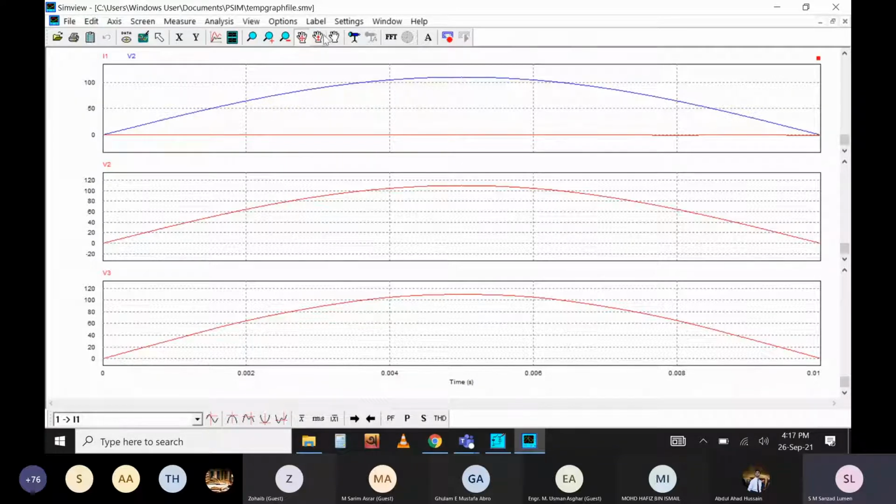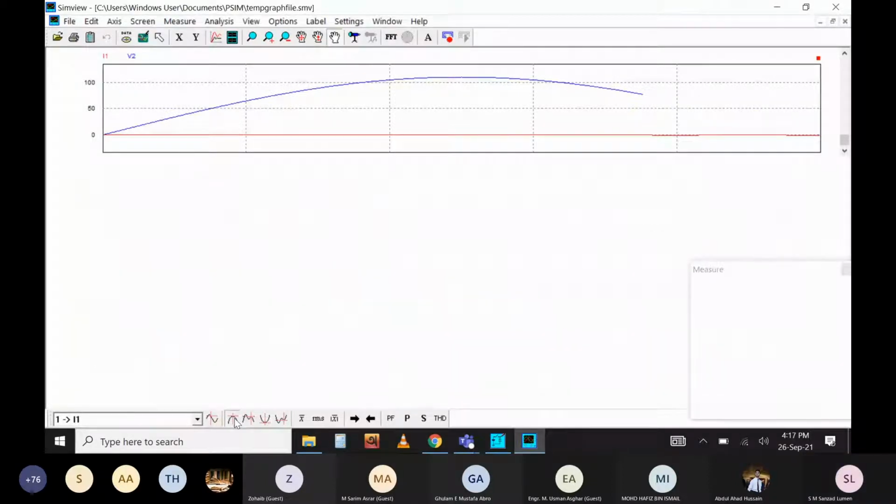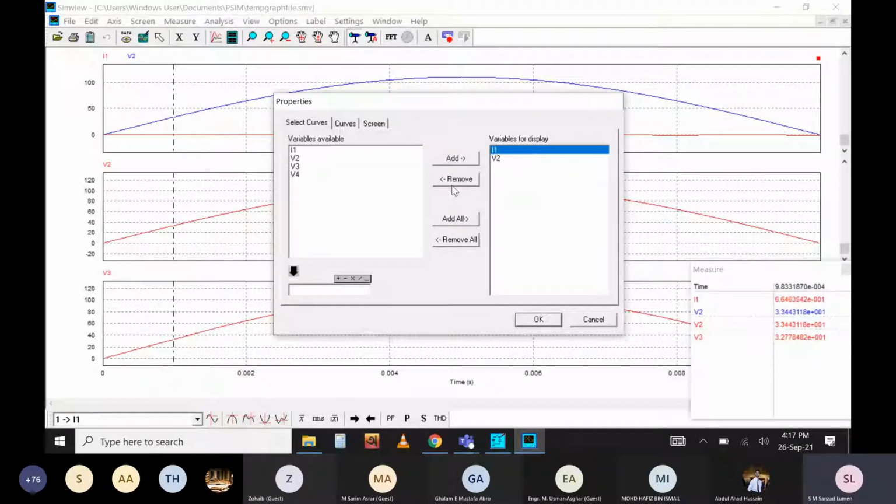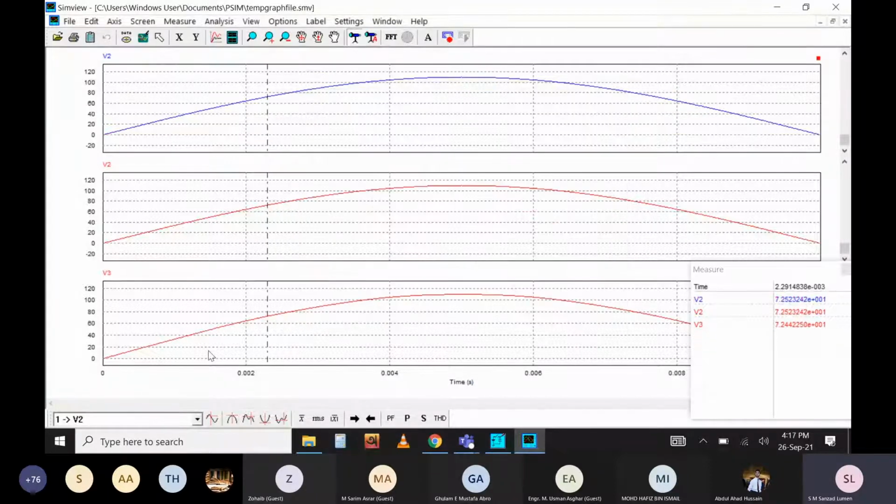You can also do other stuff, like, for example, I want to find the peak. What is the peak value of this signal? You can come here, and this will show the global maximum for I1. It's showing the peak value of the current. So you just eliminate this one, and now we can see the peak value of this voltage source. If you want to find the lowest point, the minima, then this is the minimum point. It also shows you the corresponding time and the magnitude.